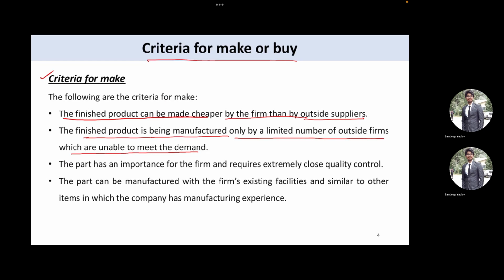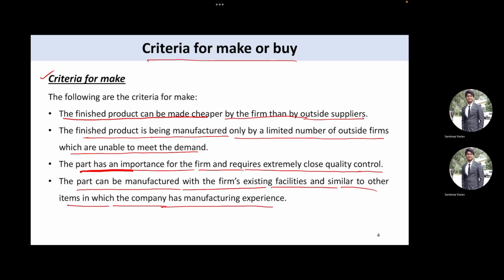When a product comes to the industry, we need to perform the finishing operation on that product, so that can also be a costly affair. The part is of importance for the firm and requires extremely close quality control. So if we need close tolerance limits, then we should either choose a proper vendor, or make that product ourselves. The part can be manufactured with the firm's existing facilities and is similar to other items in which the company has manufacturing experience. If you are having